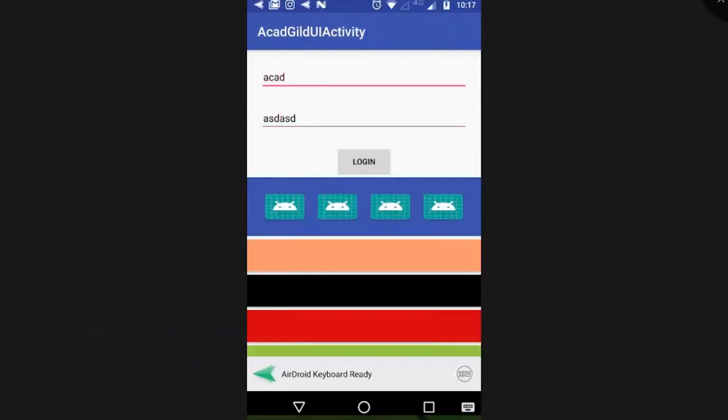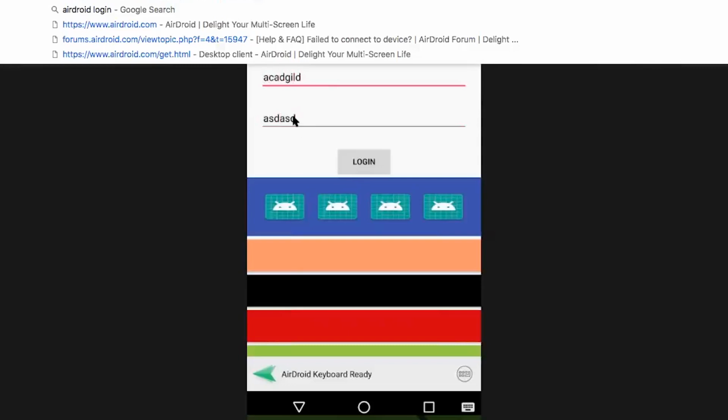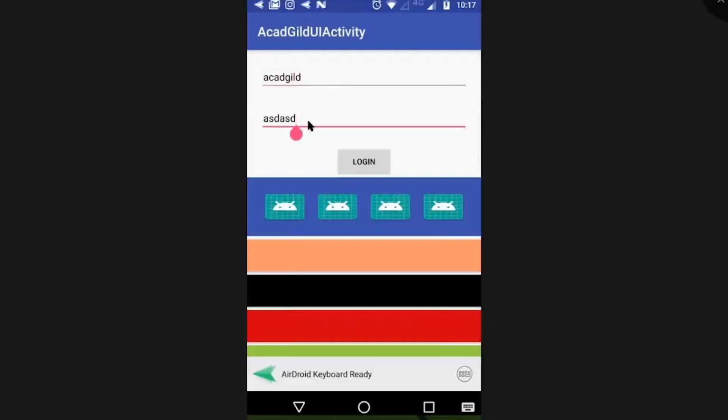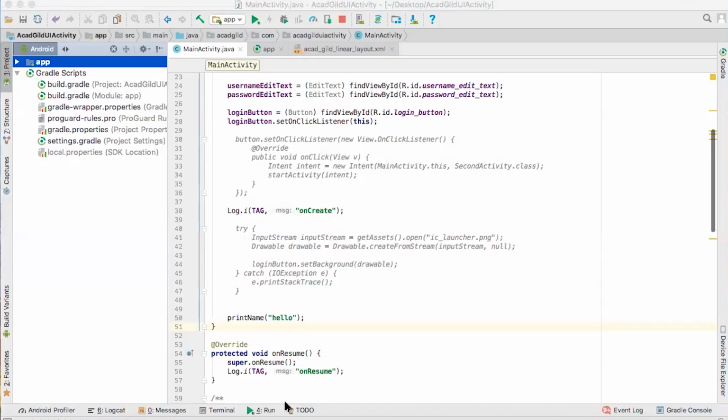Acadgild and Acadgild, Acadgild, 234. Login successfully, right? So what we have seen here, we have seen the click listener and how to handle the